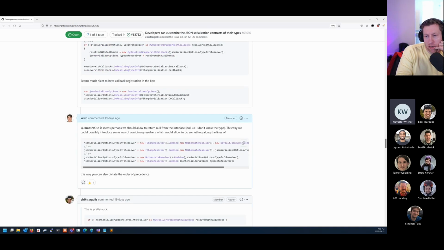So we start discussing different patterns, and if we decide on the possible implementation here, it would be basically like this. You design the order, like you create the F# resolver. Okay, now this takes precedence over Hibernate, and this takes precedence over the default JSON type info resolver. While in the case of a list, it's kind of the same problem, but still the list would very frequently have to be very intentionally